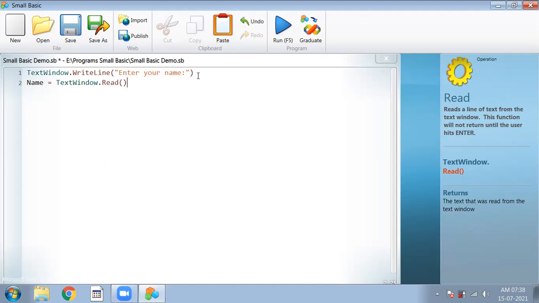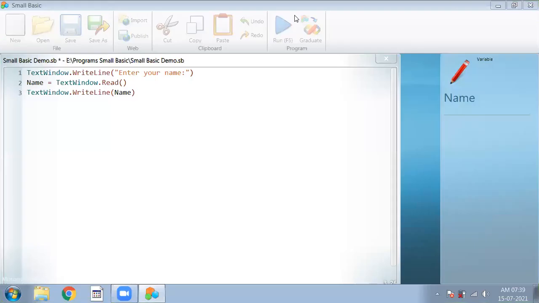It will accept the name from the user, and after that it will give one message. It will allow you to take the name as an input.